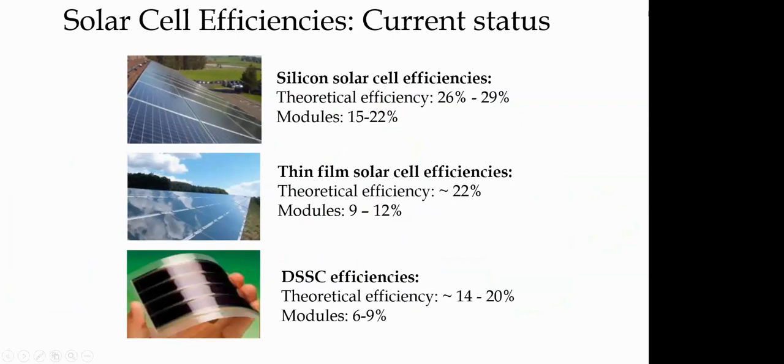So if I compare again the knowledge that we have so far: silicon solar cells that we have seen in the first few slides have efficiencies of about 15 to 20%. Thin film solar cells have efficiencies of about 9 to 12%. Theoretical efficiency is maximum high. Whereas here you have made a module where theoretical efficiency is reaching up to 20%, and module efficiency you are also achieving 6 to 9%, which is close to the thin film silicon solar cells or amorphous silicon solar cells.